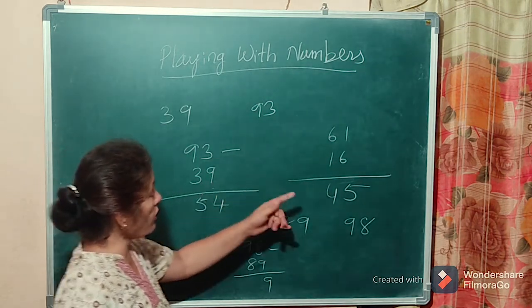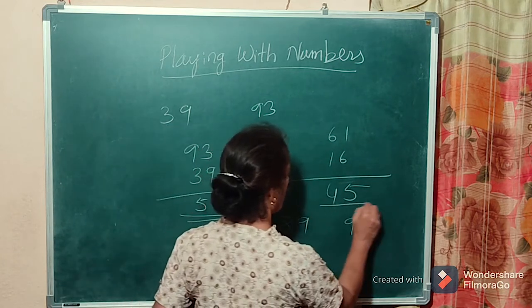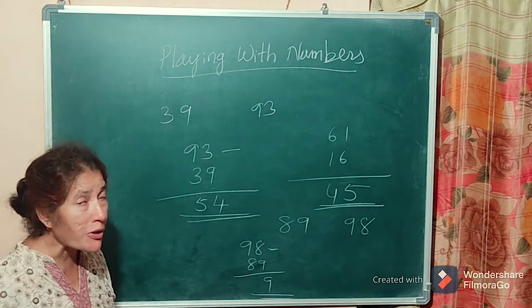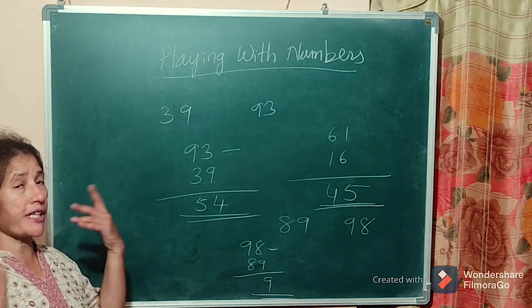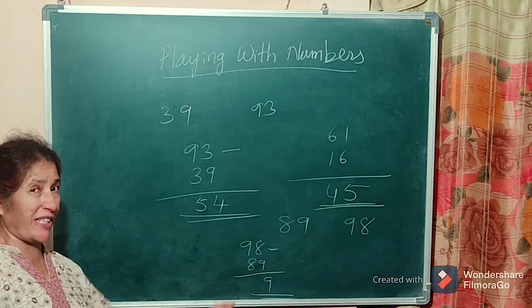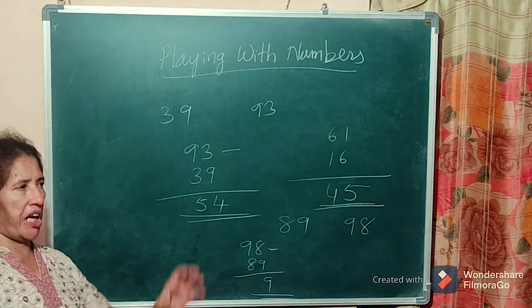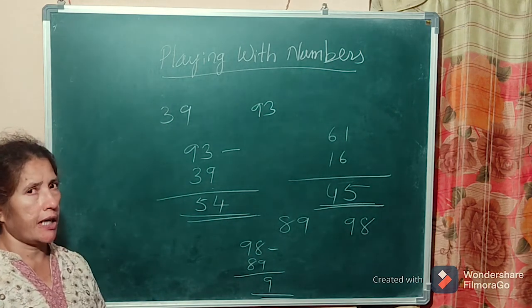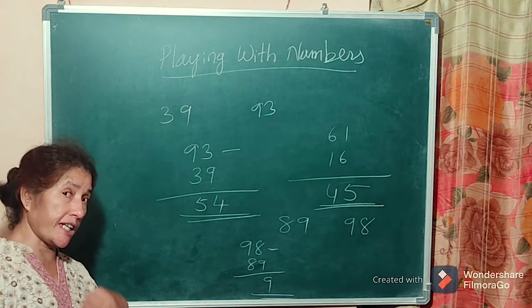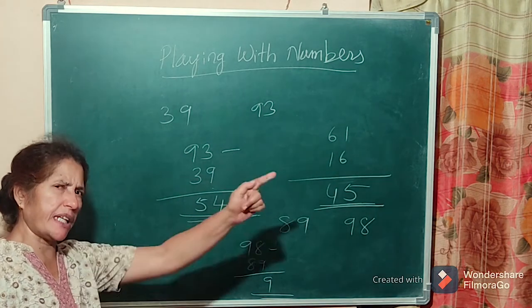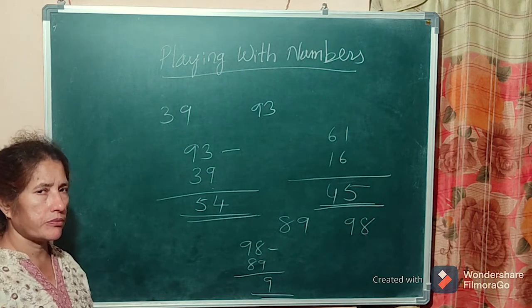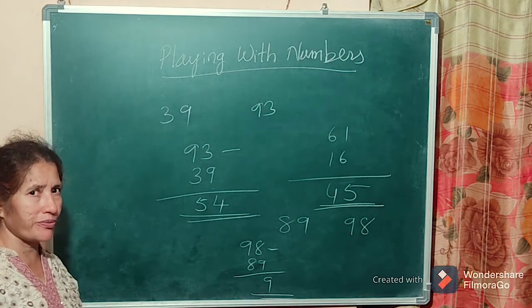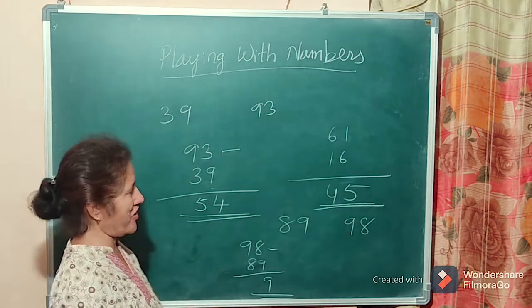If you see all these answers, 54, 45, 9, they are all multiples of 9. What do you say to your friend if you are the quiz master? You say, take a two-digit number. Reverse the digits. Then take the bigger number minus the smaller number, and then you ask, divide it by 9. What is the remainder? 0.